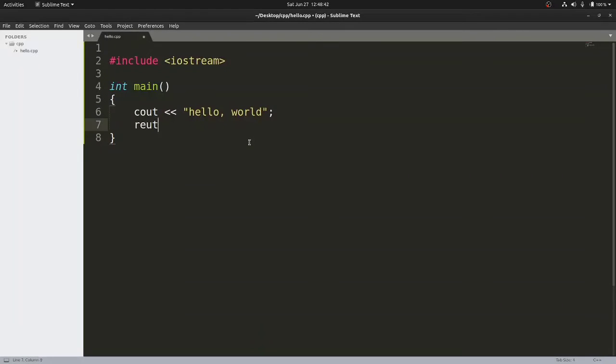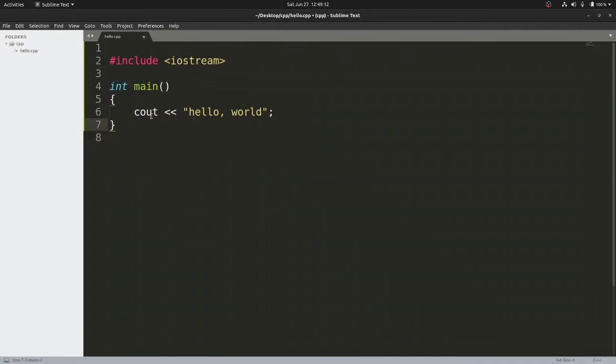And then finally we give the command return 0. That means once our program has completely executed and this function is executed, it returns the value 0. If your program executes successfully, then the return value of main is 0. Even if you do not provide this return value, this is a special case only for the main function. Even if you don't provide this return 0, your program will still compile and execute properly. Now let us understand the meaning of this line.